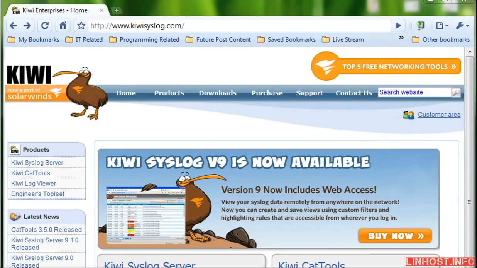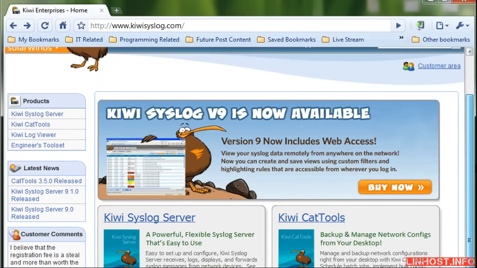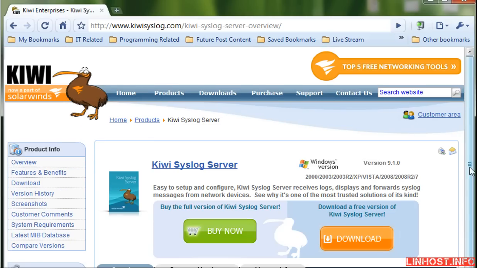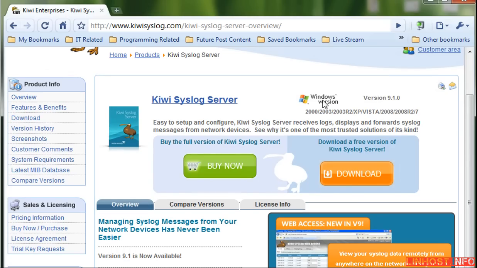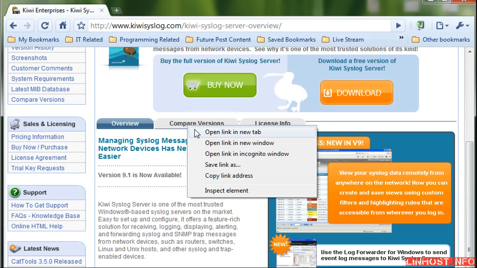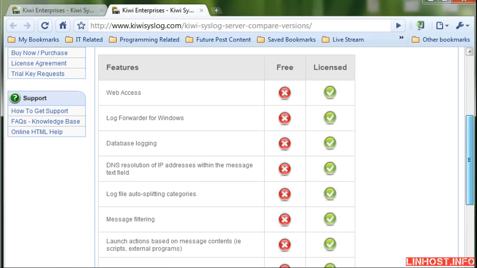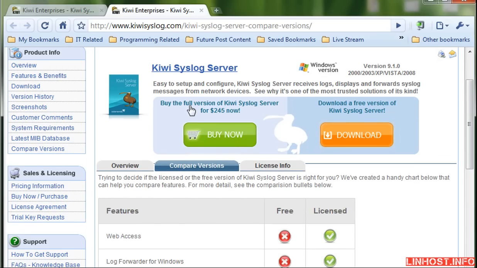Okay, let's start this tutorial by first going to kiwisyslog.com, which is part of SolarWinds. Now, on this page or website, you're going to find the Kiwi Syslog server, which is a Syslog server for the Windows platform. If you have to log a lot of systems, I would suggest you consider buying the full version, which is only